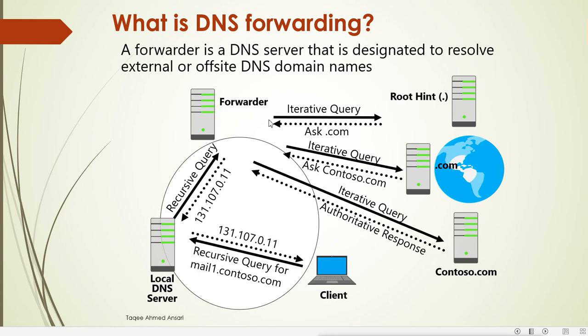Now what do forwarders do? They will have the record of the other domain directly. They do not have to do the iterative queries to find out contoso.com. It will not go to the root server or ask the top level DNS server. It will have the record under the forwarders, which we configured manually. So for example, if we have another domain and we want to connect to that domain regularly, we can create forwarders in our DNS server. In forwarders, we configure the domain name and the IP of that domain's DNS server.